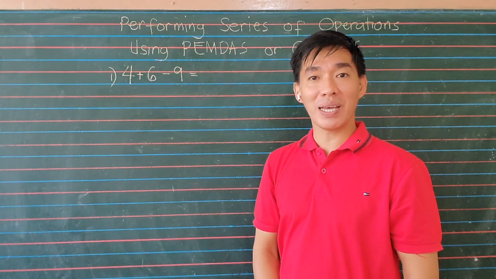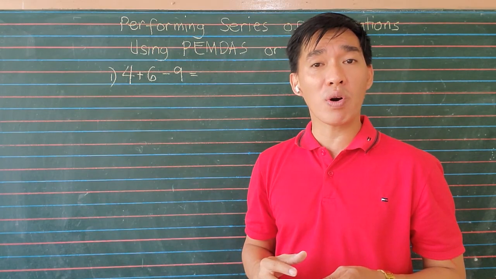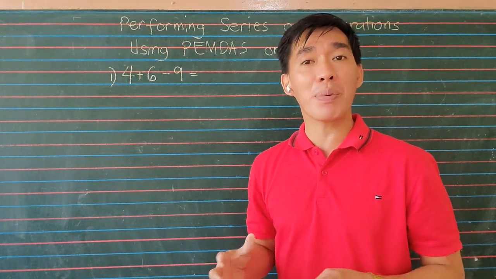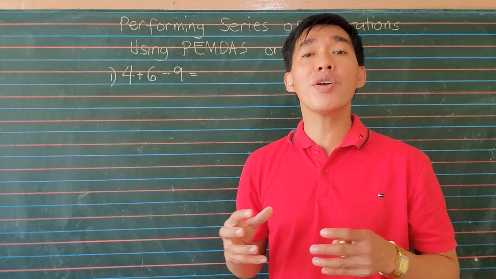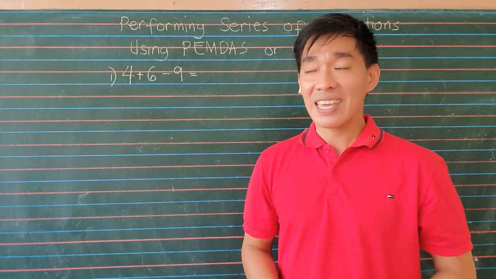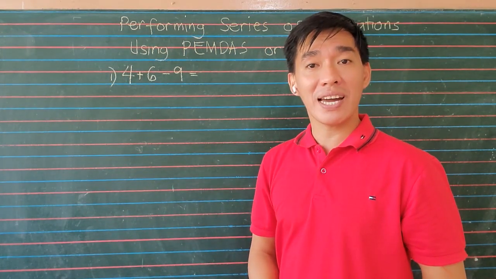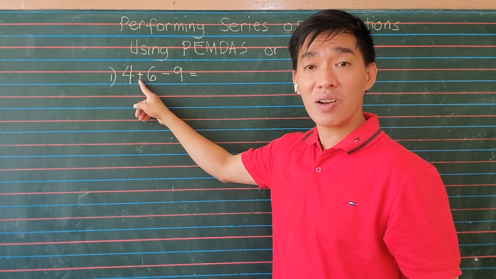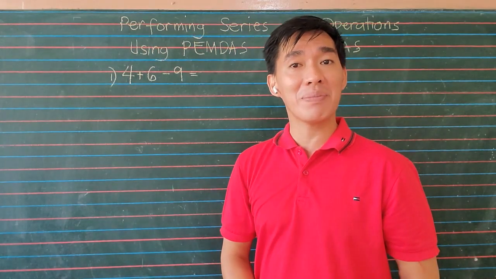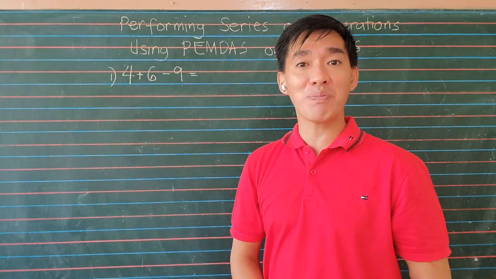To solve this problem, we always have to remind ourselves to use the PEMDAS, or sometimes it is called GEMDAS rule, if we do have series of operations or there is an order of operations in one number sentence. In this equation, we do have addition and subtraction. Which one should be done first? Is it addition or subtraction? Allow me first to discuss to you what we mean by GEMDAS or PEMDAS rule in solving problems with